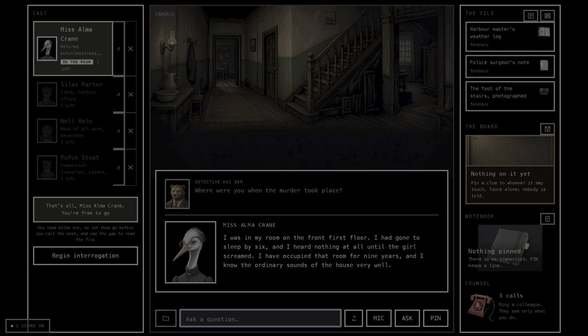And our main character's name is Detective Kai Bär, and in case there is some German audience here, Kai is like künstliche Intelligenz, which means AI. So it's Detective AI Bear, and that's the basic reason why I chose the name Detective Kai. Nothing special, right? Probably she is not the murderer. I can also ask anyone who can confirm that.